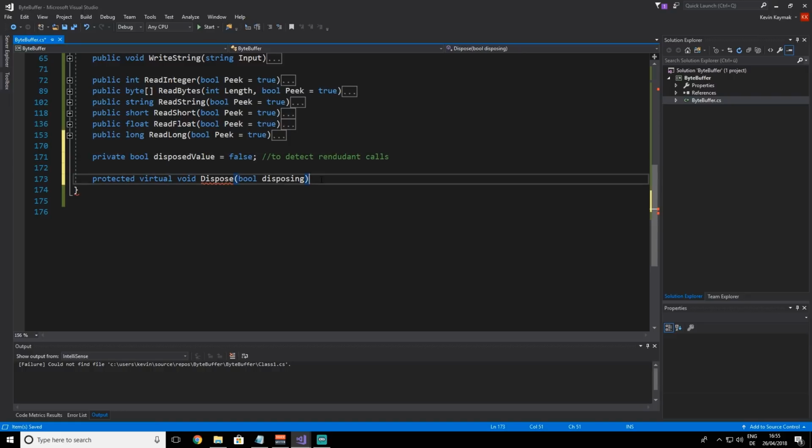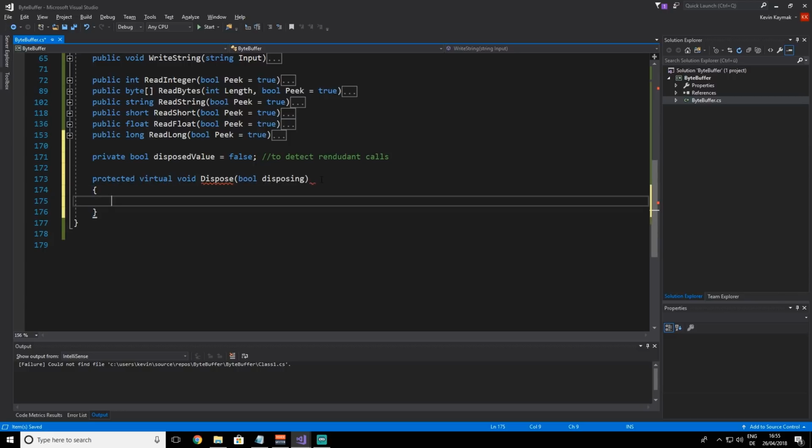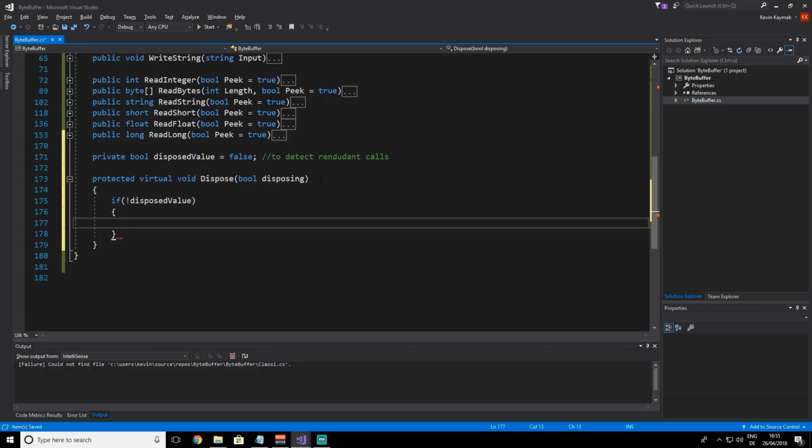There you go. Okay, so in this method we are going to create an if statement. So if not disposed value, then we are saying if disposing. So if we are going to dispose it, if disposing,